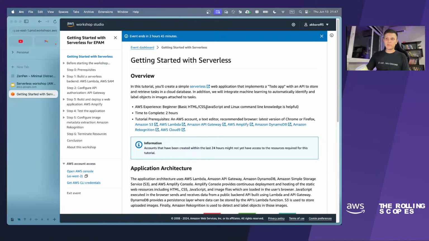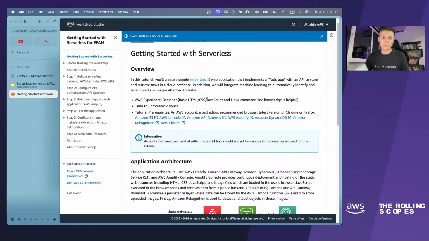Today we are going to create our first serverless application, and it will be a very simple to-do app. As I said before, we will use Amazon S3, Lambdas, and API Gateway.